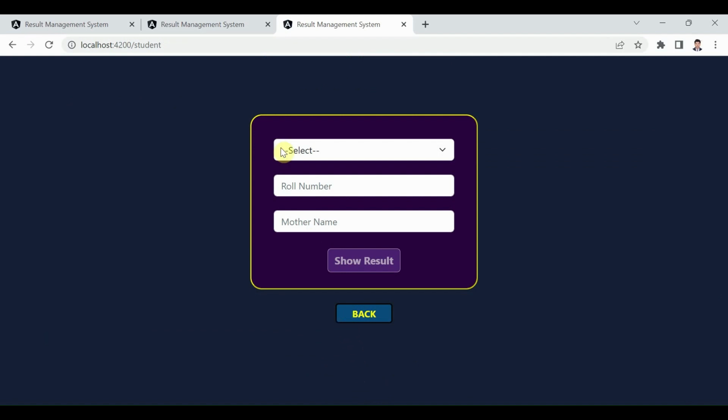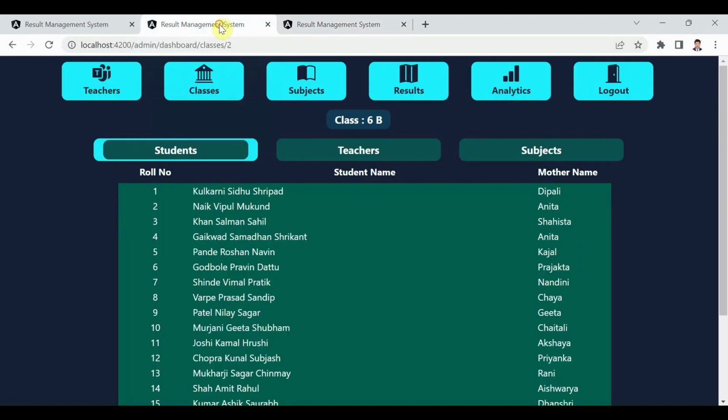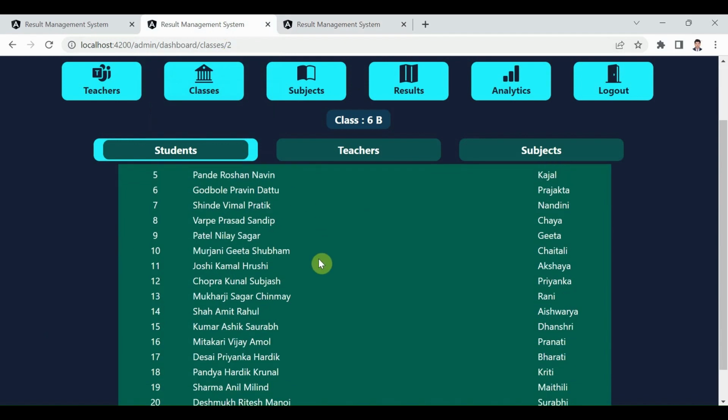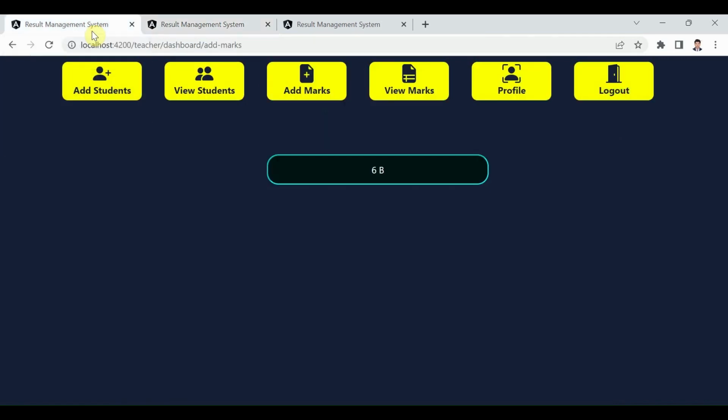One last thing I would like to tell here is about session management. Let's say any teacher or admin was logged in and he logged out from the session by clicking on the logout button. He or she should not be able to do any other action by clicking on the back arrow button of the browser till he or she logs in once again with the correct details. Let's see this in action.